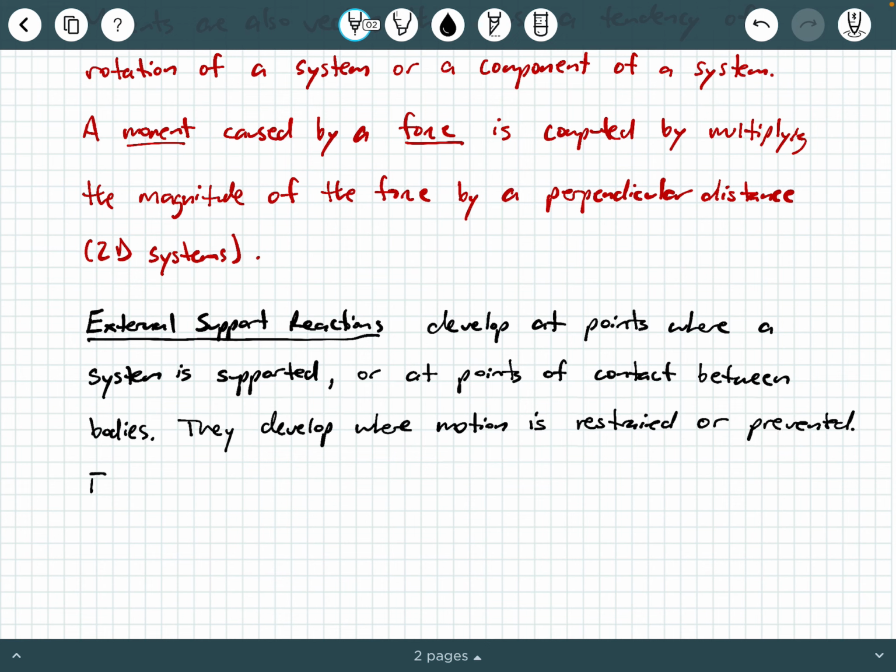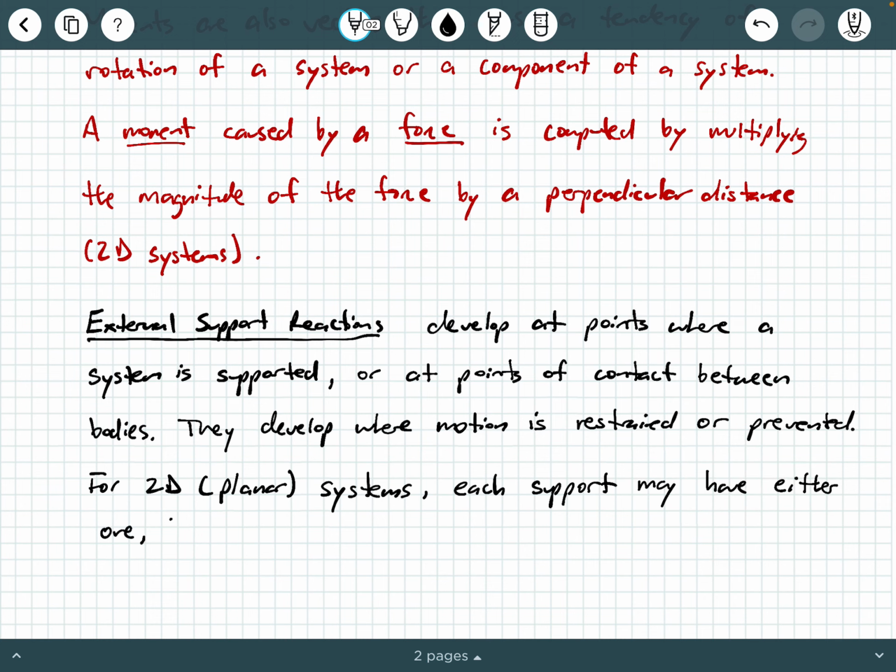Now, for 2D, or what we sometimes call planar systems, each support may have either 1, 2, or 3